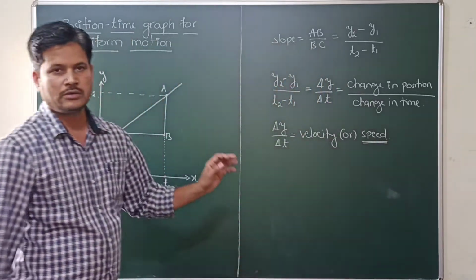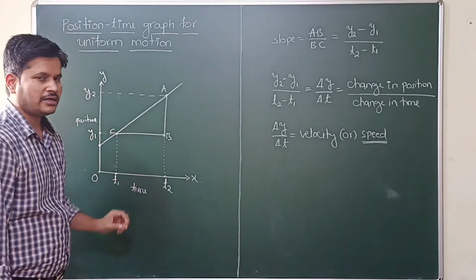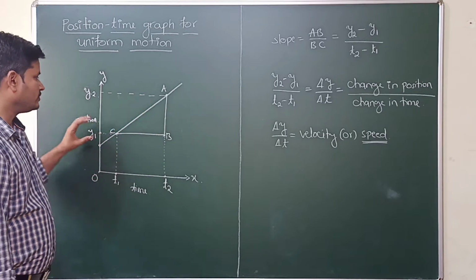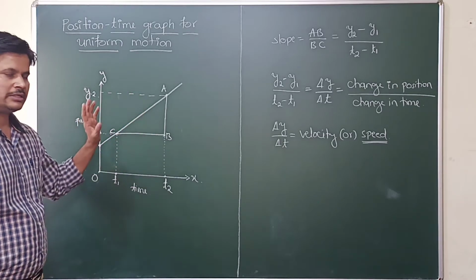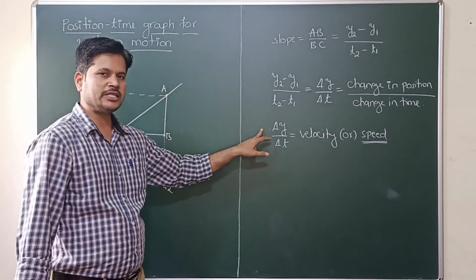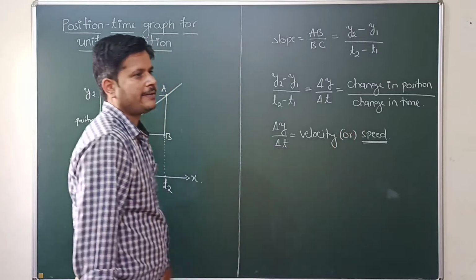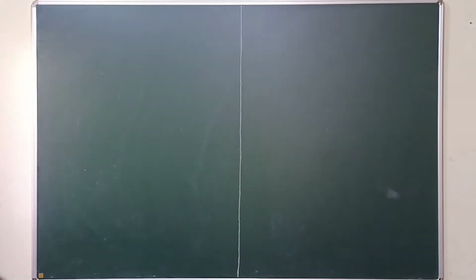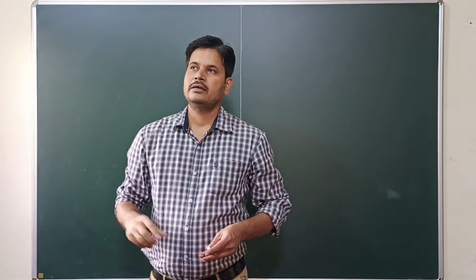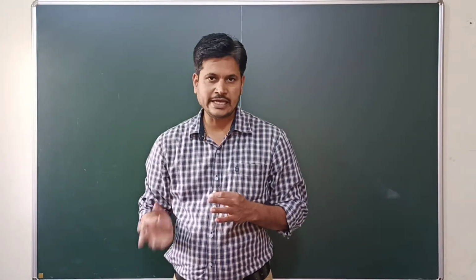Okay, now take a snapshot of this board. Whenever we take the slope of the position-time graph for a uniform motion, we get change in the position over change in the time, that is speed. Okay, take them. Here this is a uniform motion, and the next one is